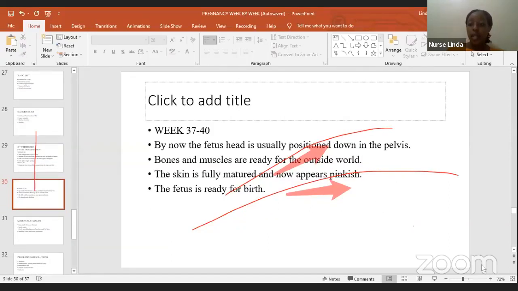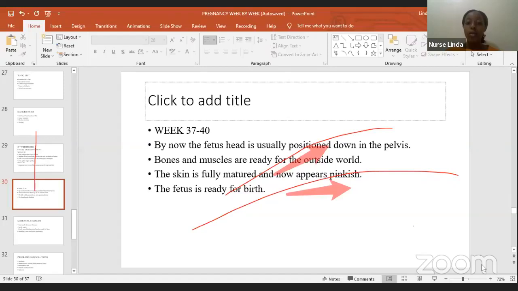And now towards the end of the pregnancy, that is about 37 to 40 weeks, normally the head of the fetus has turned upside down and the head is in the pelvis ready for birth. We have abnormalities in pregnancy where maybe the fetus has not turned. We have the breech pregnancy, the breech position, where the fetus has not turned to be able to be born normally per vagina.